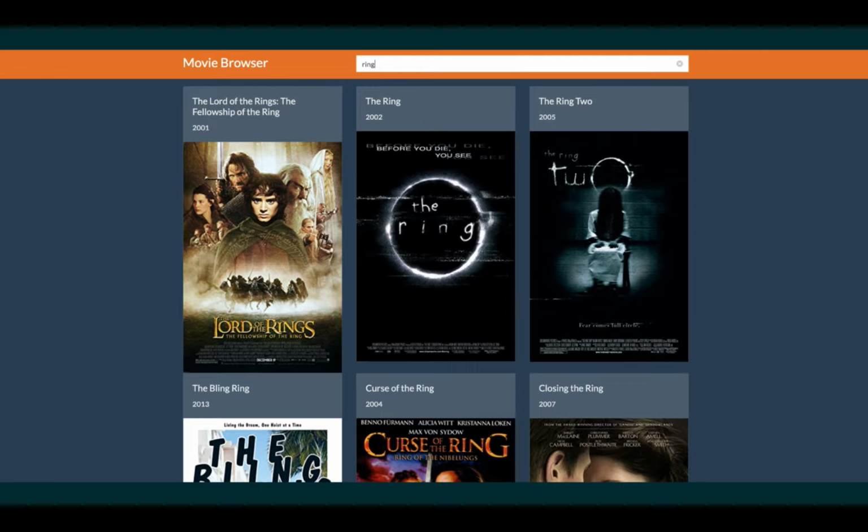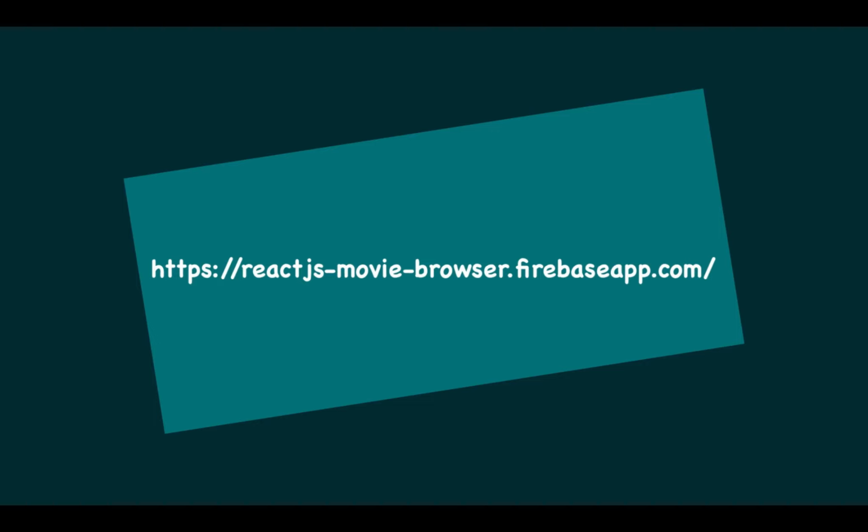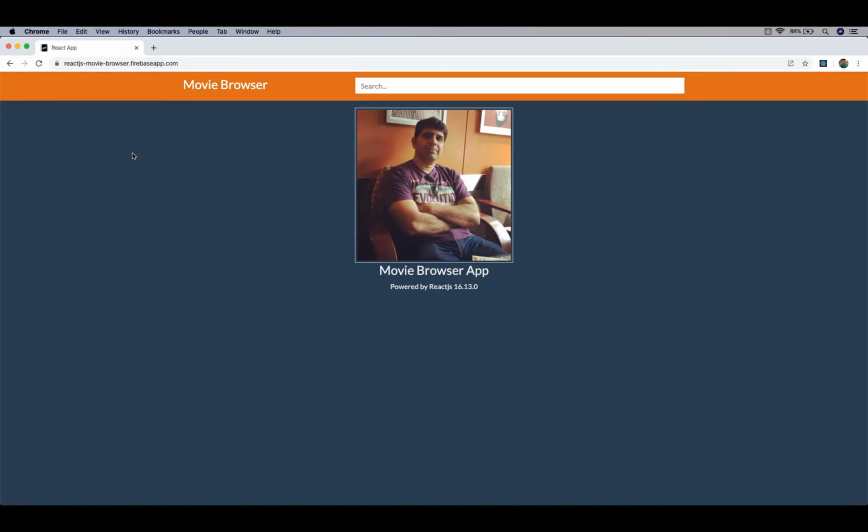The website address is https://react.js-movie-browser.firebaseapp.com. You can actually visit the website right now. The home page has a picture of mine and has a search box on the top. When you enter a movie title or part of the movie title in the search box and then press Enter key or the return key, the application retrieves the list of 10 movies that contain the search term in their